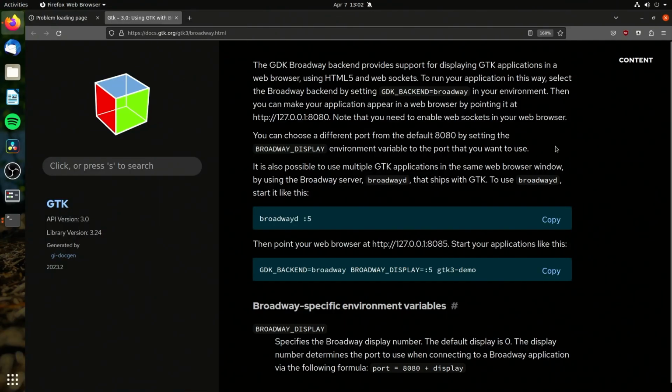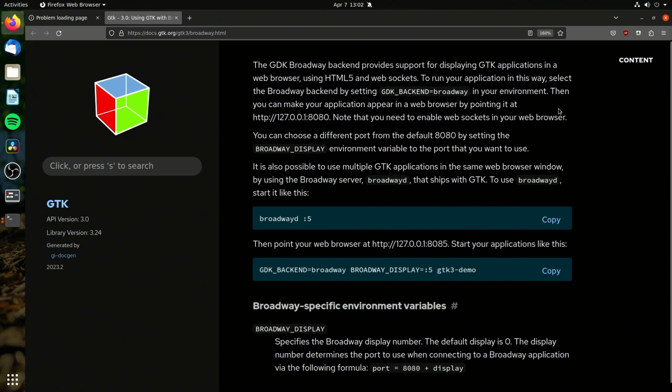Here it is, everyone. I found out about this thing called Broadway, which is a display server to display your Linux GUI apps. But instead of doing it like Xorg does on the actual user system, or using X forwarding remotely, with a lot of issues in my experience, especially for responsiveness. I mean, it can work with smaller programs. But anyway, this program will let you display GTK apps, which is the GUI toolkit that I like to use on Linux a lot of the time, in a web browser via HTML5 and WebSockets.